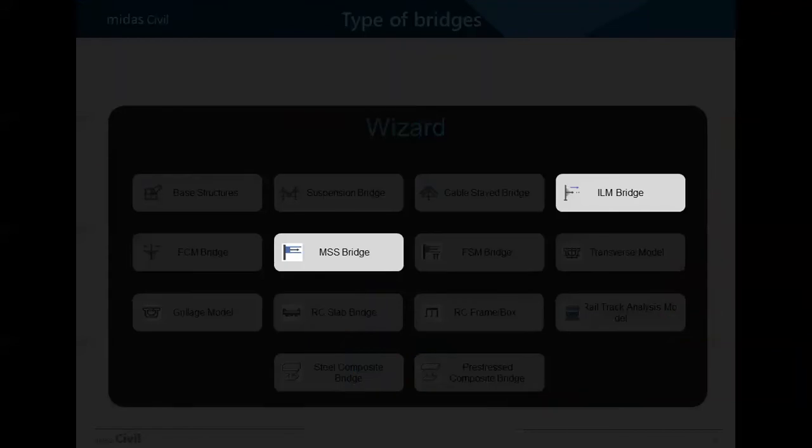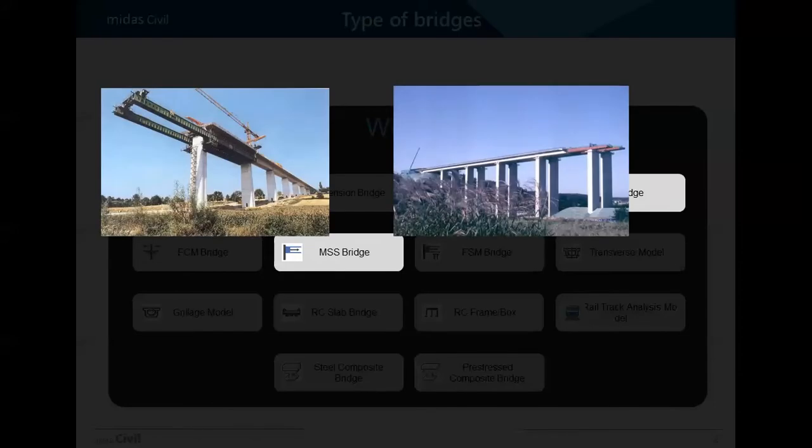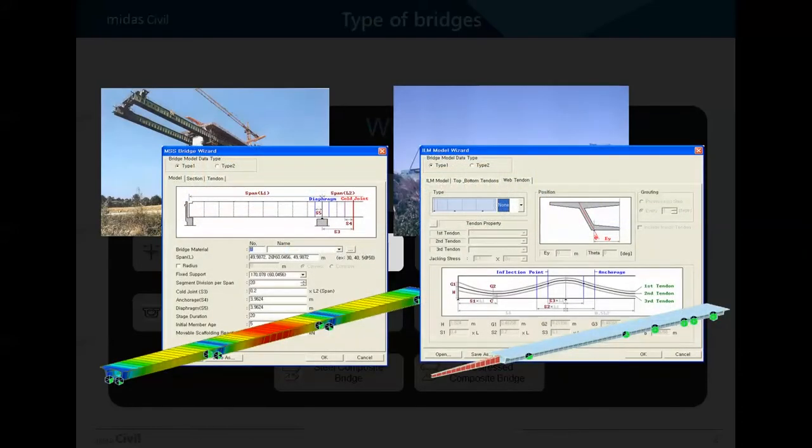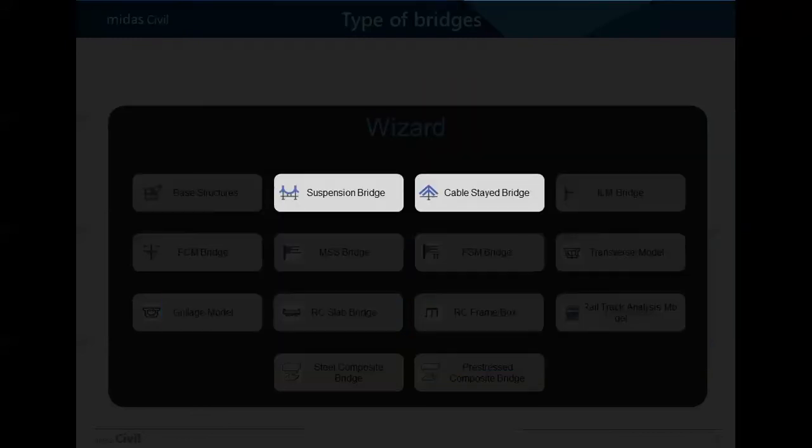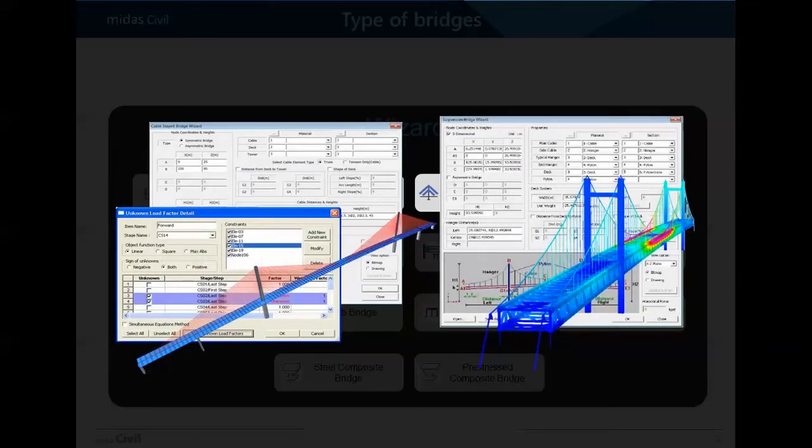And the next one is the ILM bridge wizard and the MSS bridge wizard. You can take this wizard and the sample model from Midas Civil. And the next one is a high level bridge wizard, the suspension bridge and cable stayed bridge. So the strong point is here in the Midas Civil. The high level bridge also can be handled by using the wizard functions. So we can easily make the model, and because of these functions, a lot of engineers like the Midas Civil